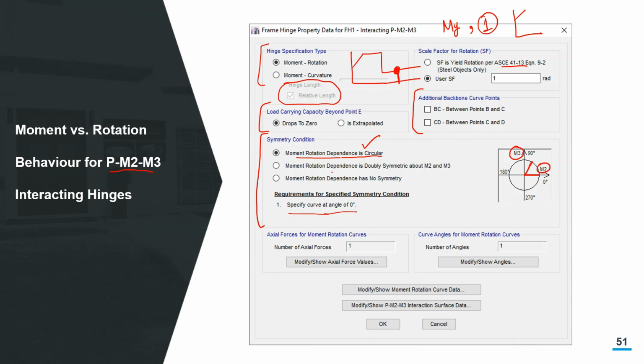Or you can say that the moment rotation dependence is doubly symmetric about M2 and M3, which means then you have to select it, give two options for M theta curve, one in M2 direction, one in M3 direction. So you have to specify the curve at 0 degree and at 90 degree in both directions, and the program will actually use the same in the negative sides also. So doubly symmetric means that you define for M2 and M3 positive sides,